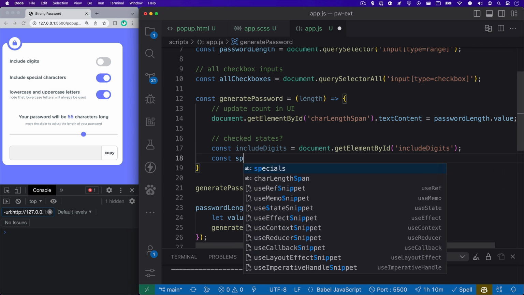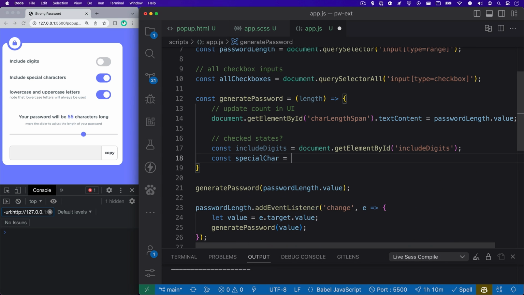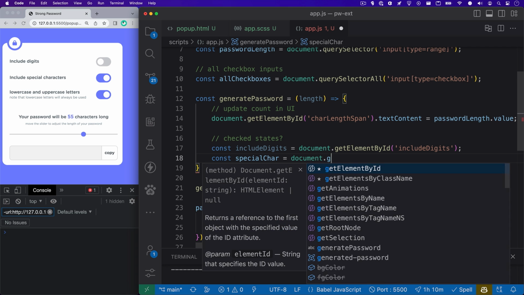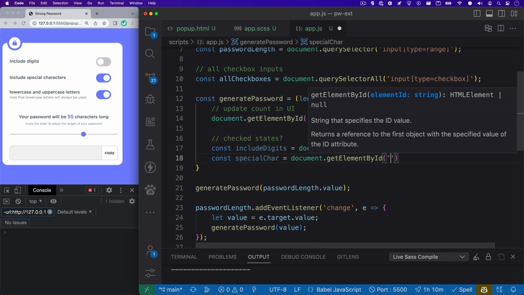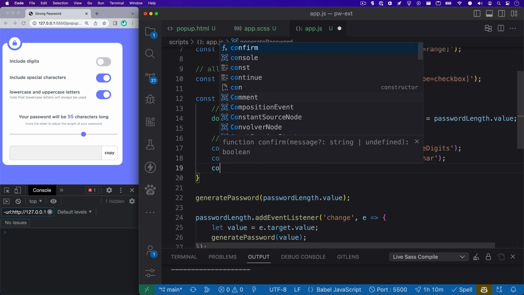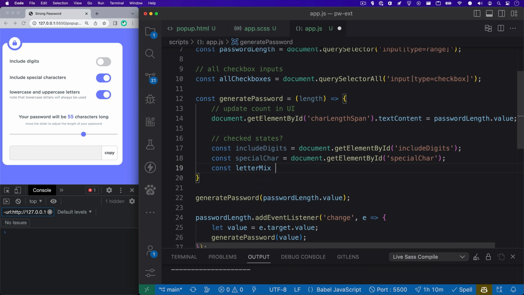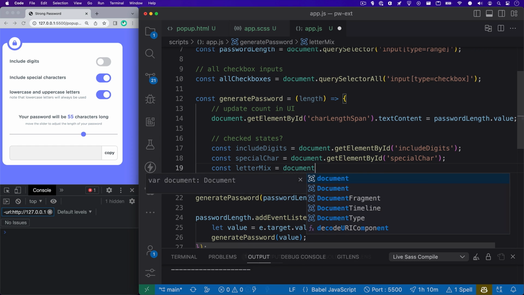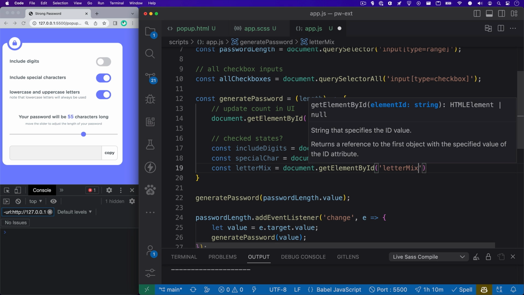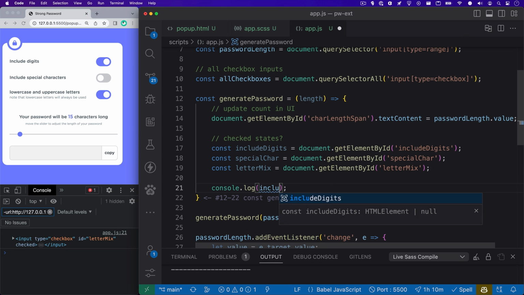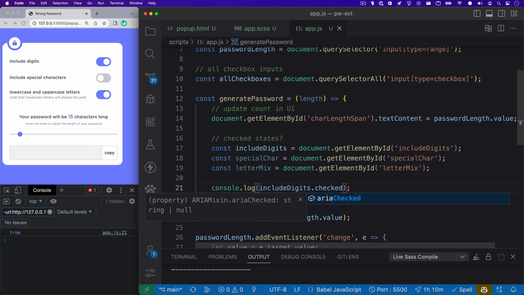Then I'll write const specialChar, and I'll set that one equal to document.getElementById specialChar. And lastly, we can set up const letterMix equals document.getElementById letterMix. You can see that if we console.log each of these variables .checked, it returns either true or